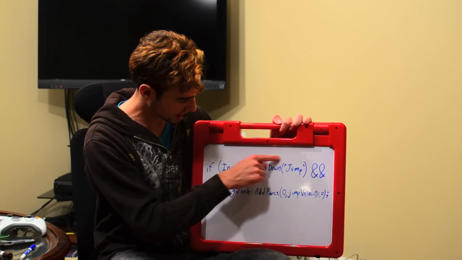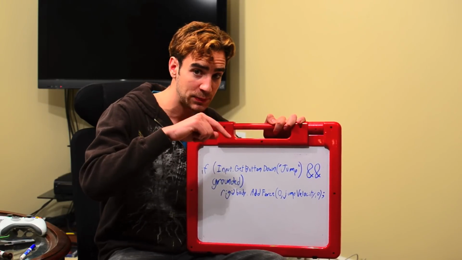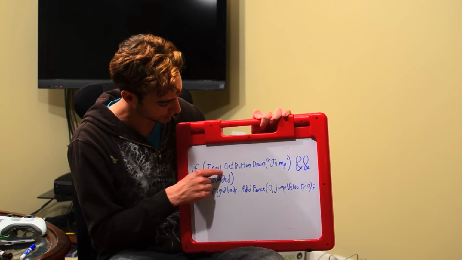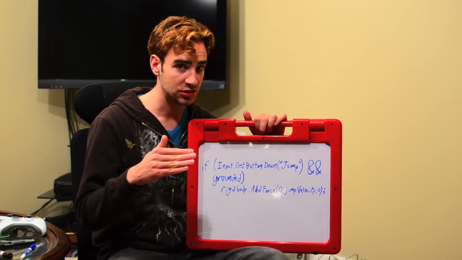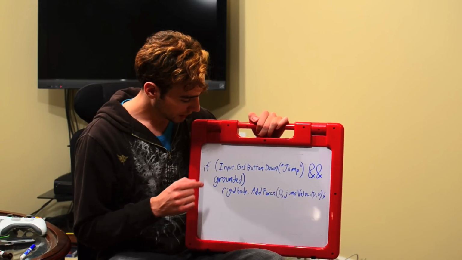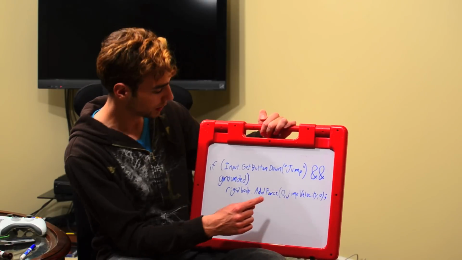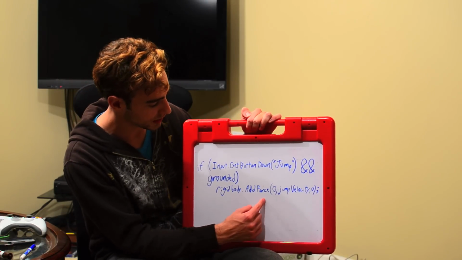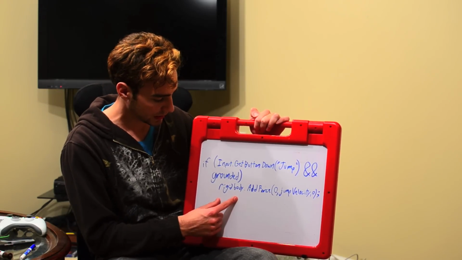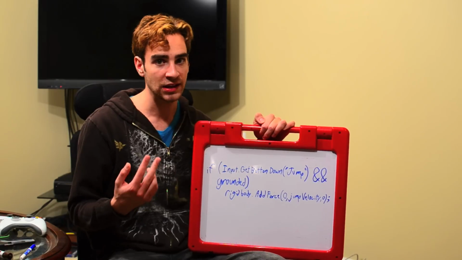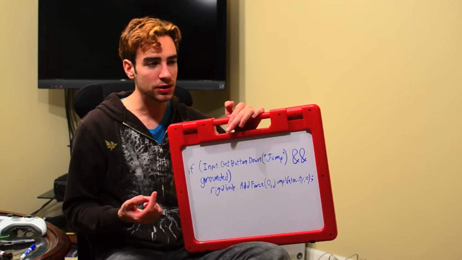So this statement will return true or false depending on whether or not the spacebar was just pressed, and this will return true or false depending on whether or not our player is touching the ground, but we need to define that later. So if both of these are true, it's going to execute this line of code, which is rigidBody.AddForce(0, jumpVelocity, 0). So rigid body, we're affecting the rigid body attached to our player character,